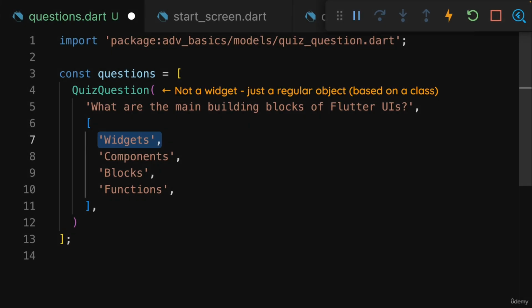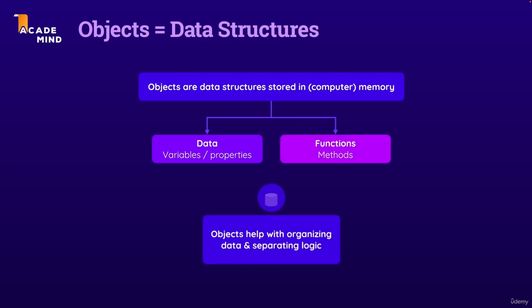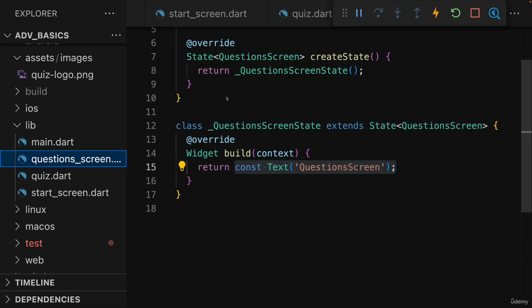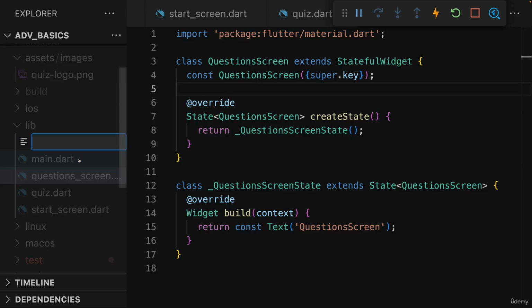Because I want to set up questions as objects that group the question and the possible answers together into one data structure. Because that's what objects are about in the end, as you learned. They are about grouping related data and logic together. And even though we only used classes to build custom widgets up to this point, we can also use this class feature to create blueprints for all other kinds of objects, like for example these question data structures with which